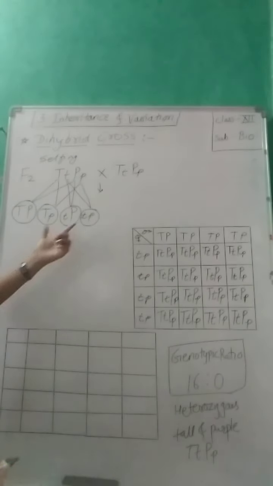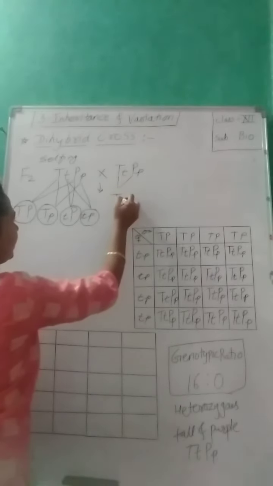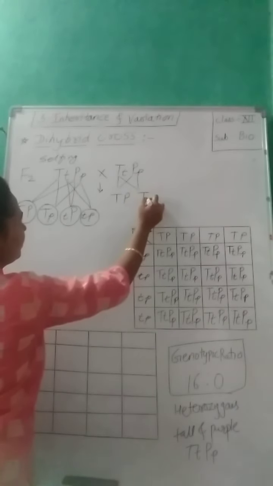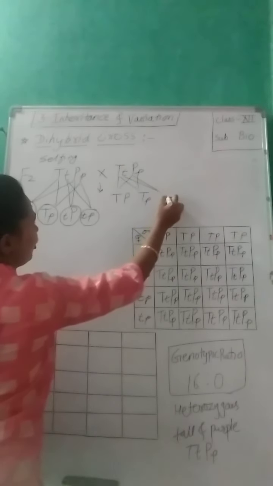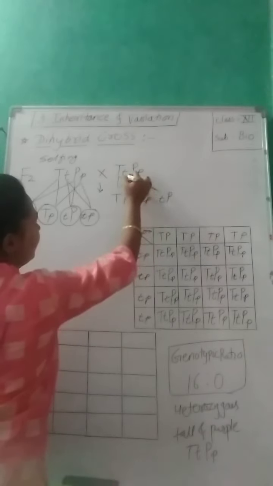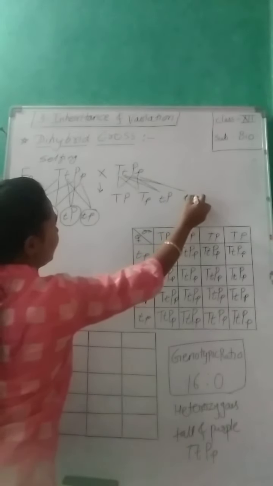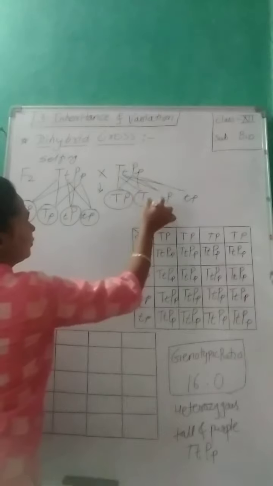The same thing we will get here too, because all these gametes have the same things. So we will write down the same. This will cross with this: capital T, capital P. This will cross with capital T and white. This T will cross with this P, small t and capital P, and this T will cross with this P, both having small t, which means dwarf, and purple. Again we will write them in circles.